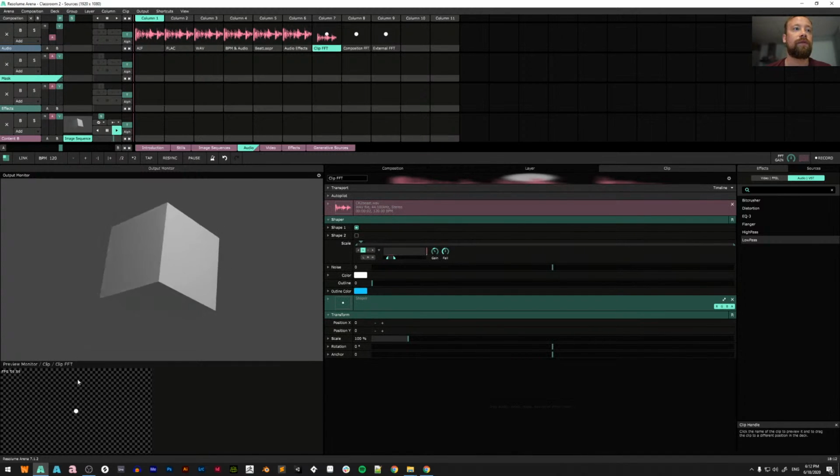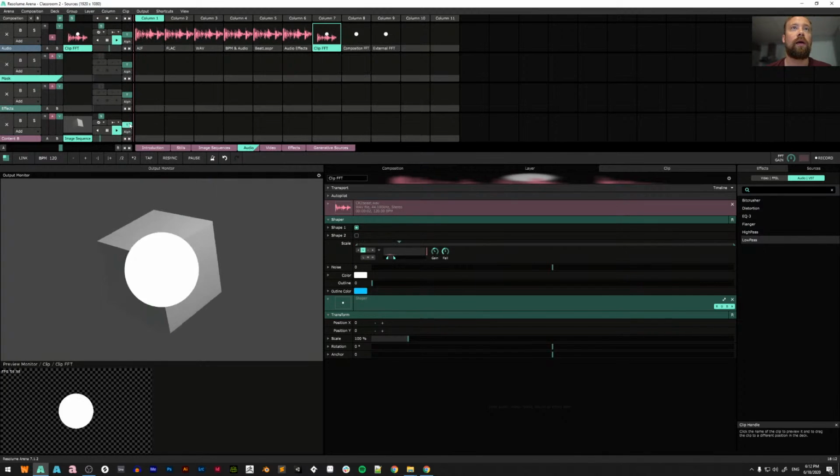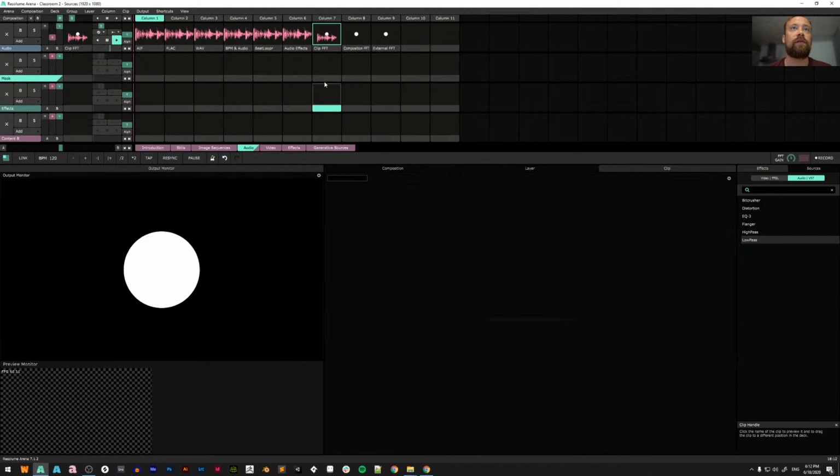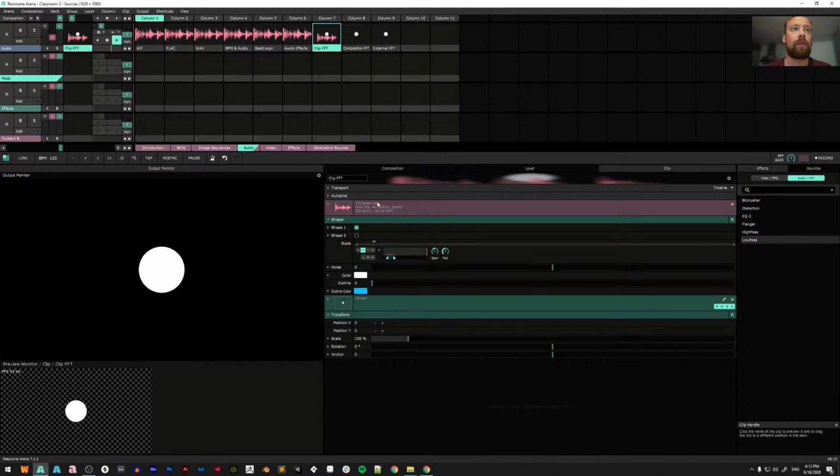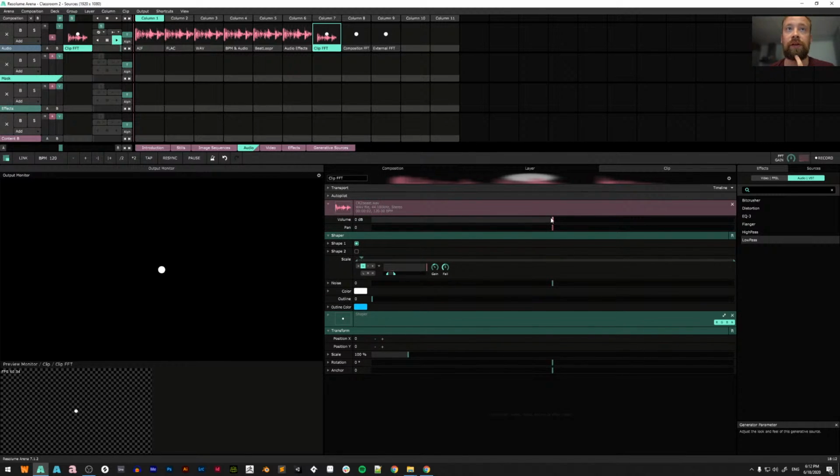So here I have this little square going on. Let's turn this other stuff off. We have this shape, and for the scale of the shape I use clip FFT, which will take the audio of this clip and use it as its source for the FFT. If I turn the volume down, the FFT stops. For those who have never seen this menu before,